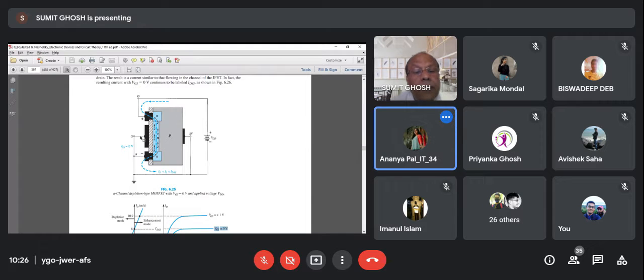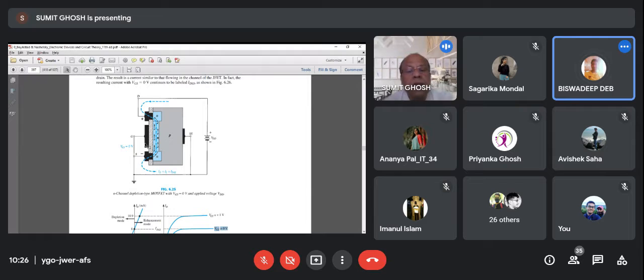And this gate is isolated. This is the input gate. So, if the gate current is always 0, then how can you have any variation or input characteristic? Input characteristic means variation of input current with voltage. So here, even if there is a change of voltage between the gate and the source, there will be no current. So if there is no current, what is the use of drawing an input characteristic curve? There is no input characteristic curve. That is why you don't find any input characteristic curve in MOSFETs.